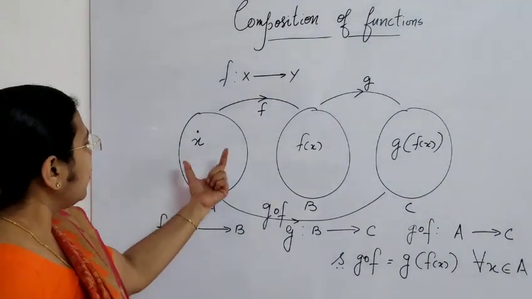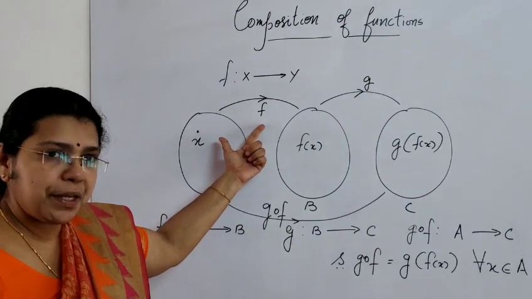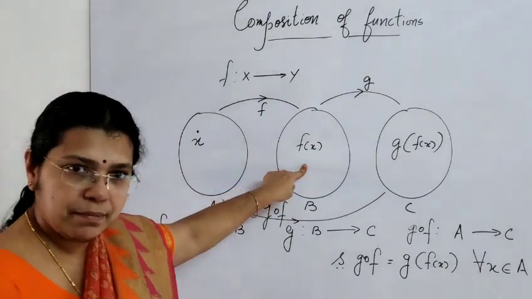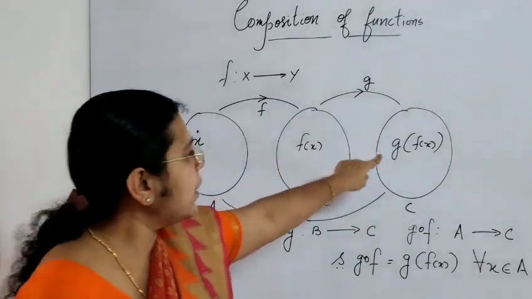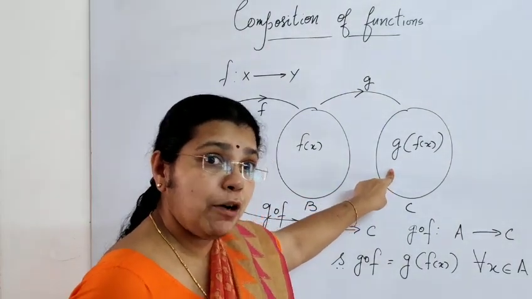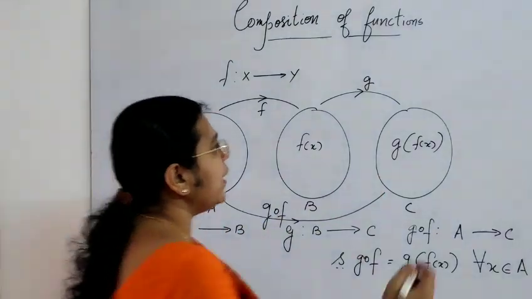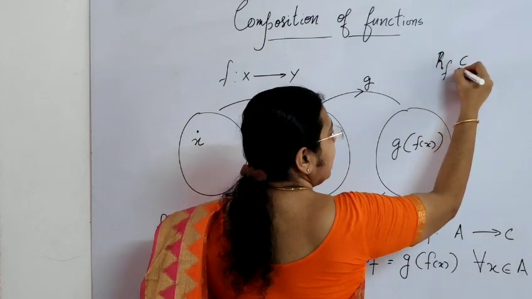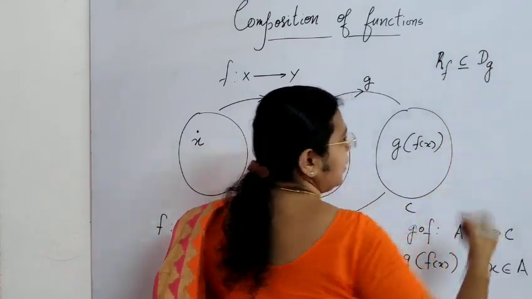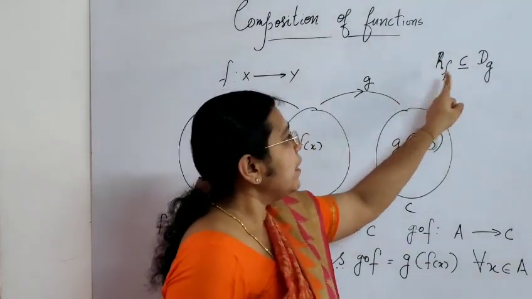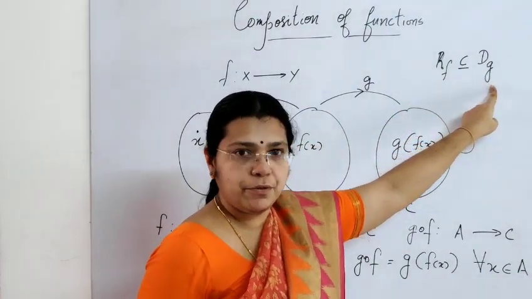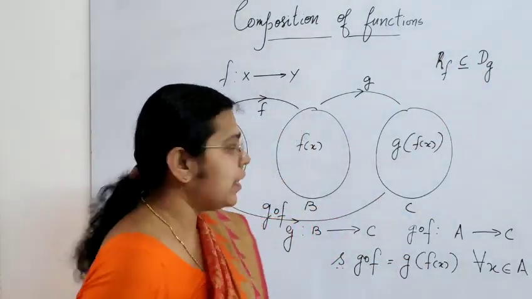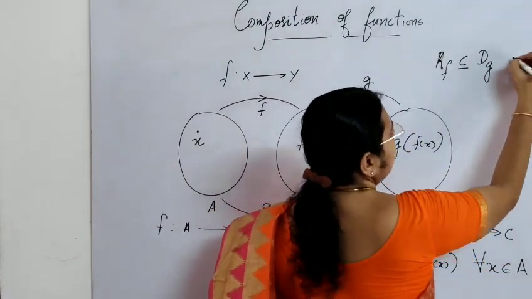Okay, now if you look at the function f, which is the range? This set B is the range, right? And this set B, which is the range of f of x, is now going to be the domain of G. Am I clear? So I can say that the range of f is a subset of the domain of G, right? Either the entire range of f can come as the domain of G, or else it will be a subset of this. So this will be true for